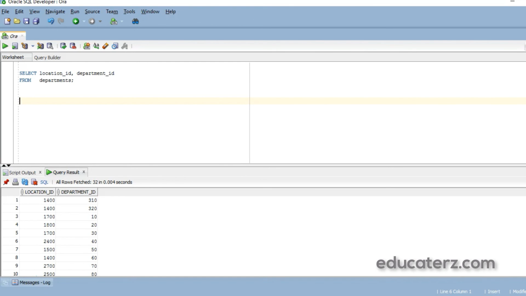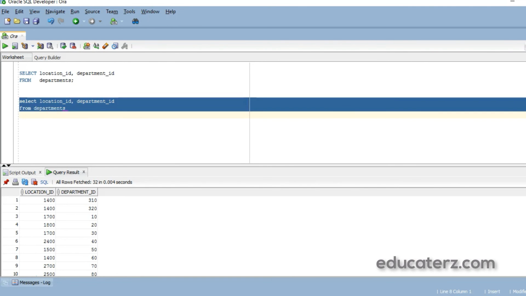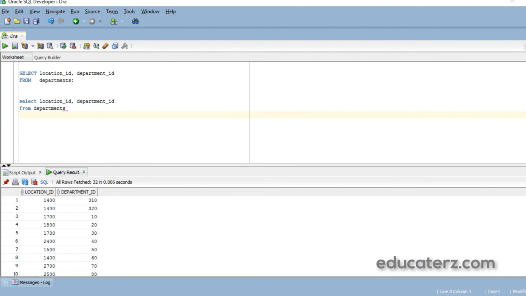For example, I write everything in uppercase: SELECT LOCATION ID, DEPARTMENT ID FROM DEPARTMENTS. Still this query will work. SQL statements are not case sensitive. Okay, I will write the query in a mixed notation.